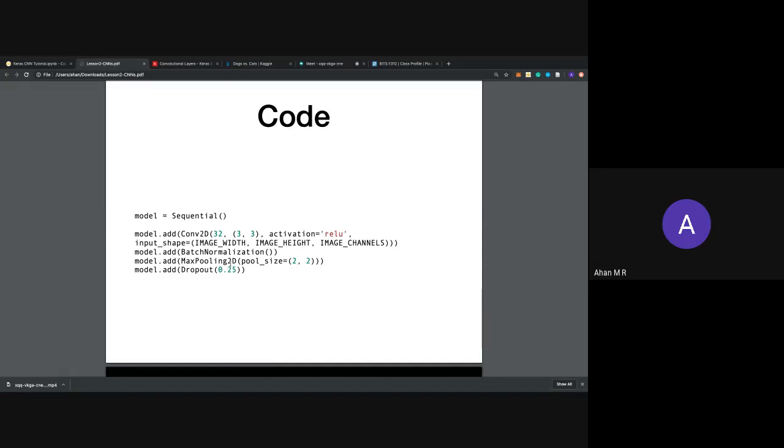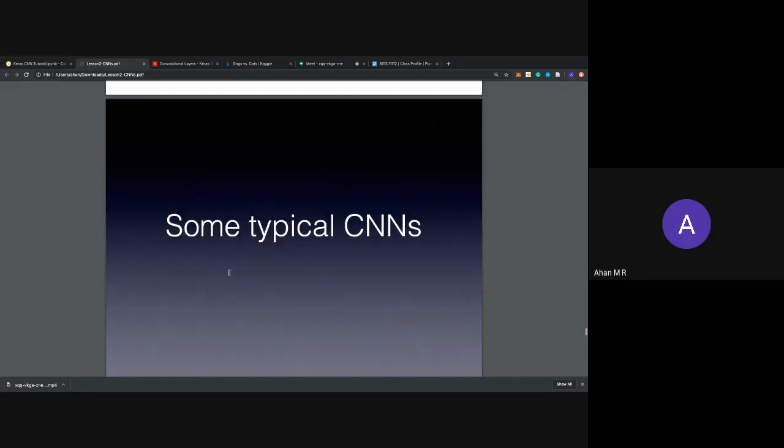And the max pooling 2D performs max pooling on an image with pooling size 2,2, which is explained. Dropout is just like the previous ones which we've used in previous labs. It drops out neurons: 0.25 is basically 1/4 of the neurons being dropped out.